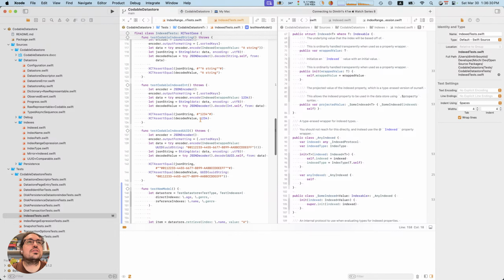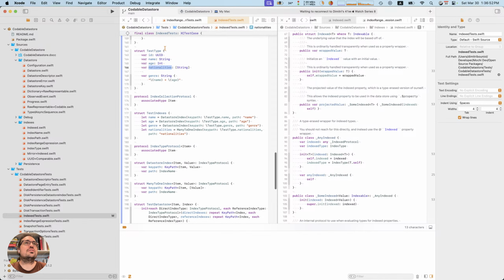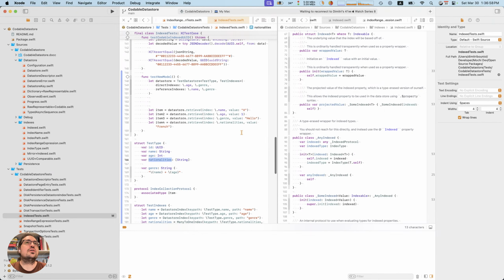Okay, I think I'm really liking this. So now I can have different kinds of data store indices. I can have a regular one that's just for a value. I can have a many to one index, which can be an array of values. So here our test type might have multiple nationalities, and we want to be able to find this object for whichever one of those nationalities we specify, which we can now. So we can just specify one value, French, and it will still take this and do the right thing, and be able to filter those things out.